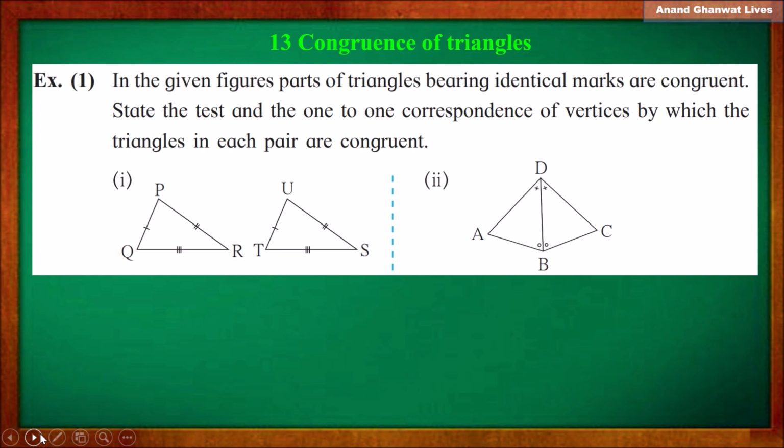In the given figures, parts of triangles bearing identical marks are congruent. State the test and one-to-one correspondence of vertices by which the triangles in each pair are congruent. Okay, now let us observe here. The three sides of this triangle are congruent with the corresponding sides of this triangle. Therefore, these two triangles are congruent by